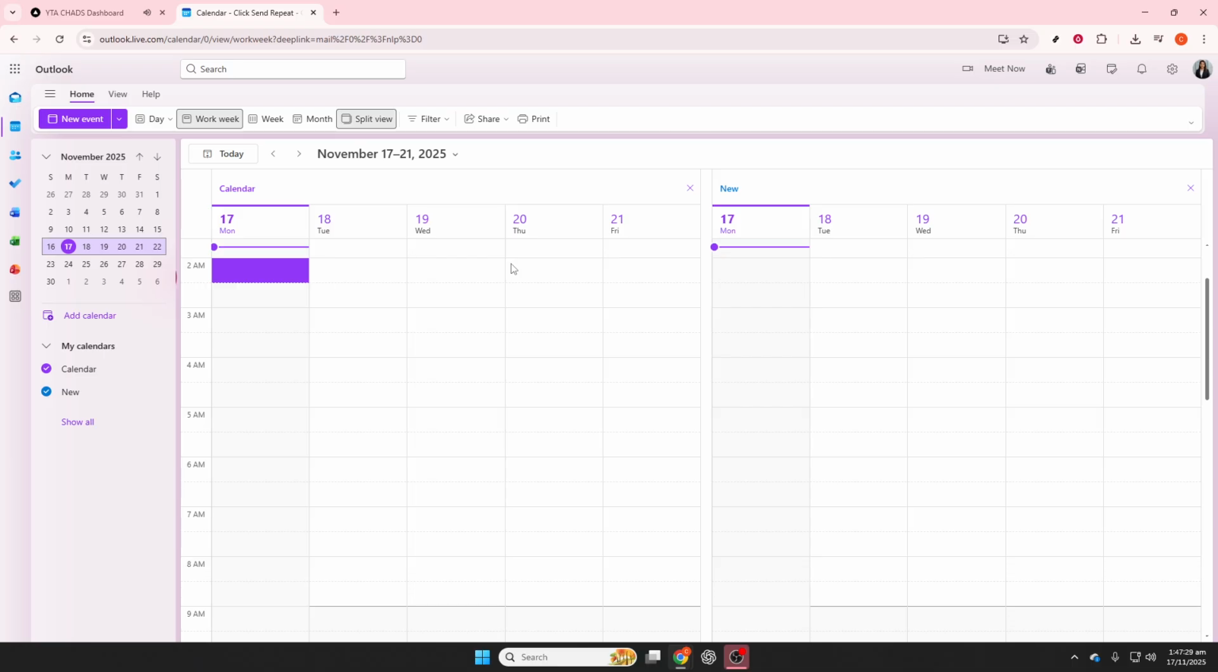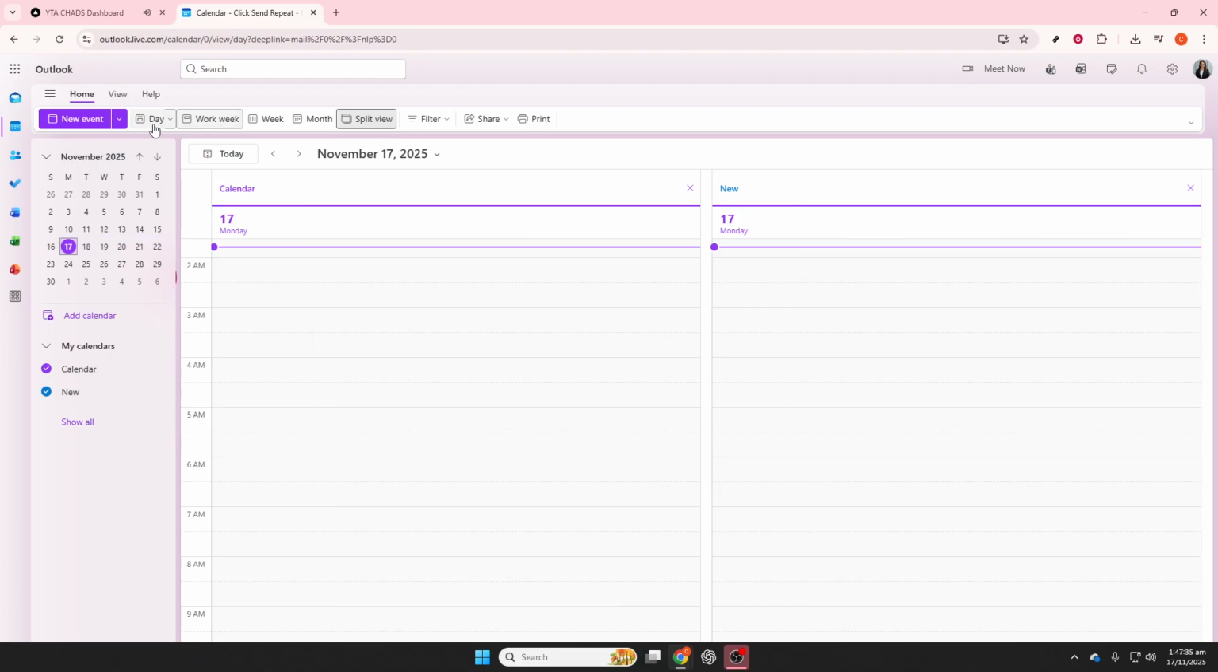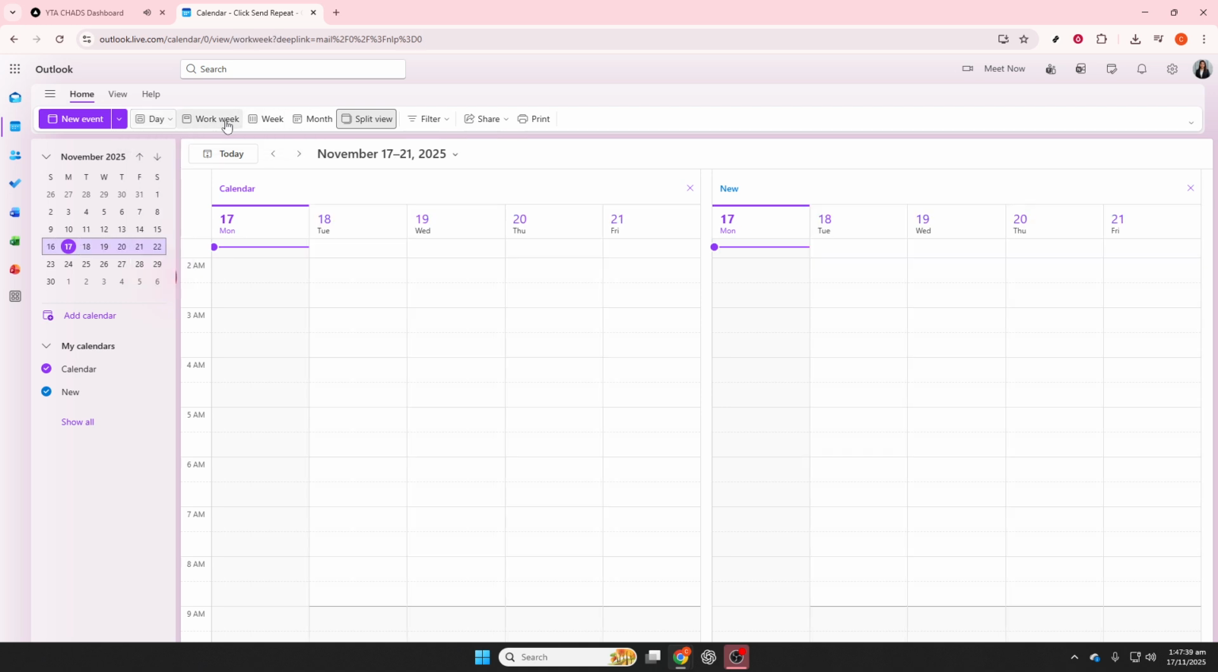Use the search box to type the person's name. Outlook will surface matches as you type, so pick the correct person from the results. If multiple people share similar names, look for their department or email domain in the suggestion to make sure you're selecting the right one. The moment you select their name, their calendar will be added and you'll see it overlay